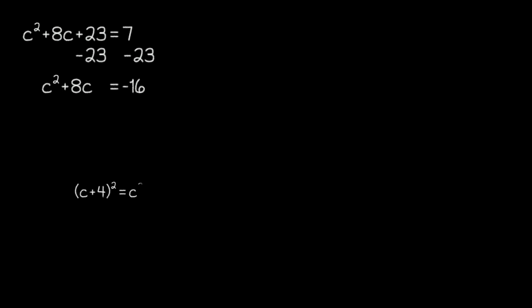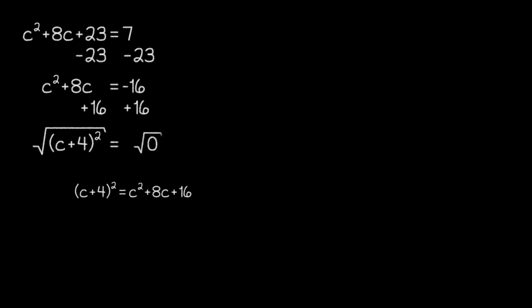We'll start things off with this equation, and as we learned in our last video, we can begin by moving all the constants to the right side of the equation. Then, since we don't have a leading coefficient to worry about, we can determine the constant that we need to make a perfect square on the left side and add that to both sides. Then, we'll rewrite the left side as a perfect square and take the square root of both sides.